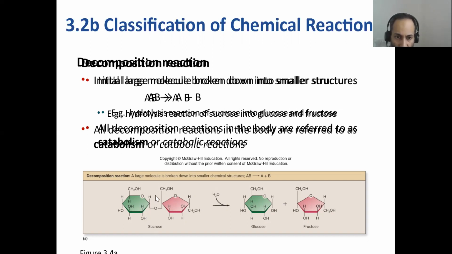So what happened here? Here's sucrose, a disaccharide. You add water to the system. And what did the water do? It split the glucose apart from fructose. What is this reaction called? We talked about it during yesterday's lecture: hydrolysis. Lysing or breaking apart something by adding water to it. So hydrolysis is what you're seeing here. Sucrose broken down into glucose and fructose. This is a decomposition reaction or catabolism.